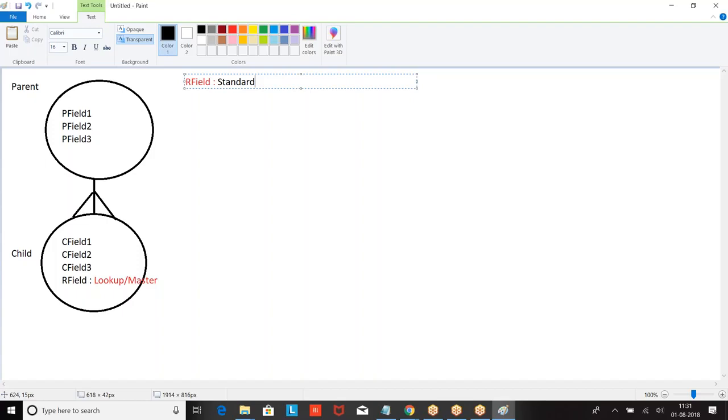Who created this field? Salesforce created this field. If Salesforce created this field, how to refer to the parent record? The child is trying to refer to the parent record. Now, you go to this R field.